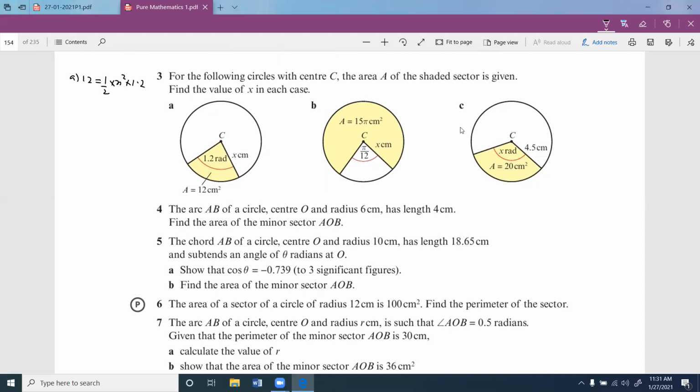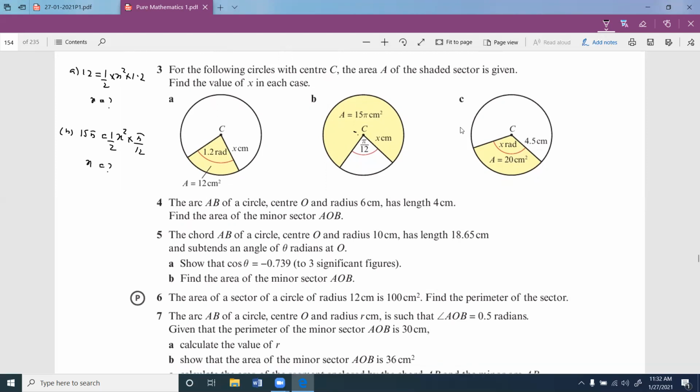From here you can get this answer x. So you can find the value for x. It's not a problem. Over here, part B for this question. So you can say 15 pi is equal to half r squared. Half x squared theta is pi by 12. From here you can get the answer for x. You can get this like that. You can do any of these questions, right? Okay, first,